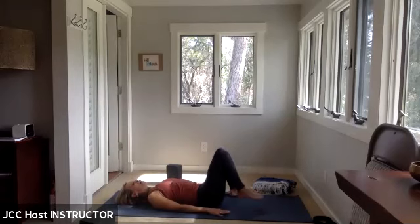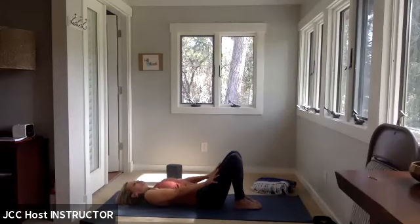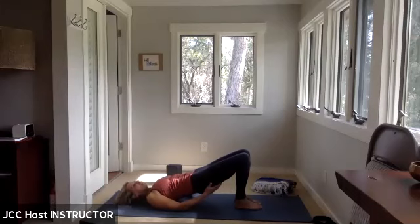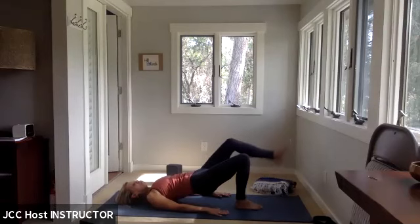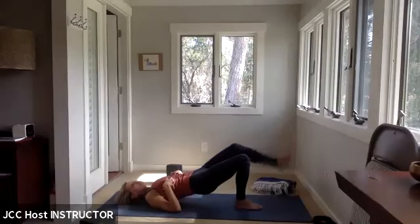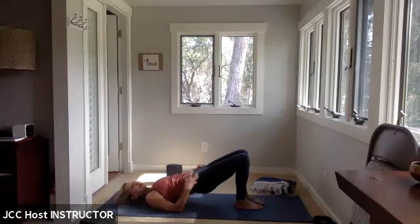And then bring them back into bridge pose. Make sure you're in good alignment so your arms are nice and straight. Bring the arms down by the side and lift again. Take a low bridge. This is a strengthening for the legs. Squeeze the glutes. And it's a low bridge. And if you want to try extending the leg, that's going to engage your core muscles. Right? So you can extend the leg, but some of you might want to just keep your foot down and